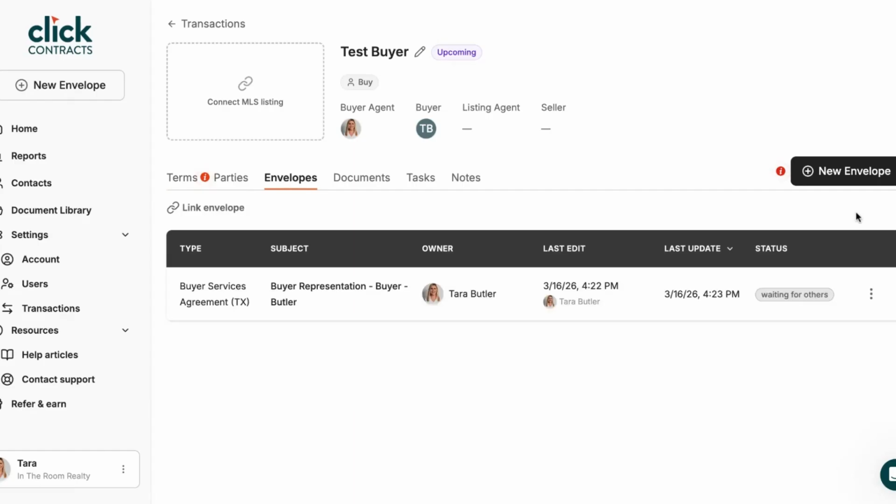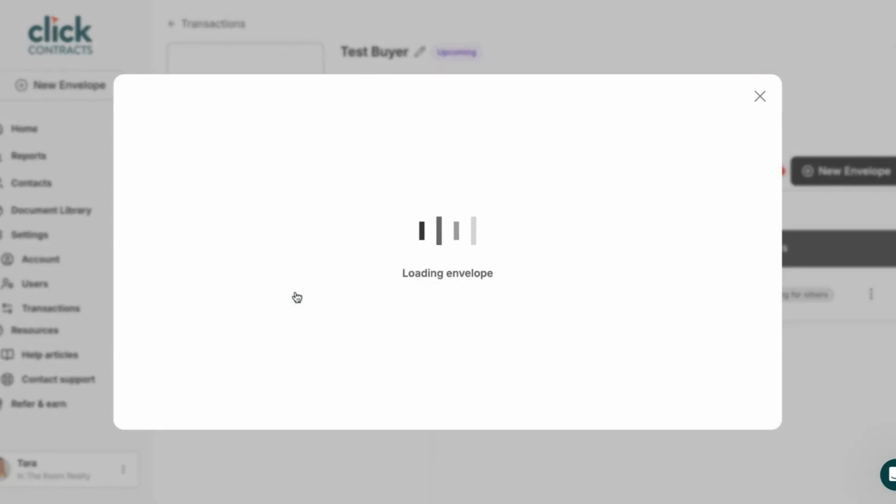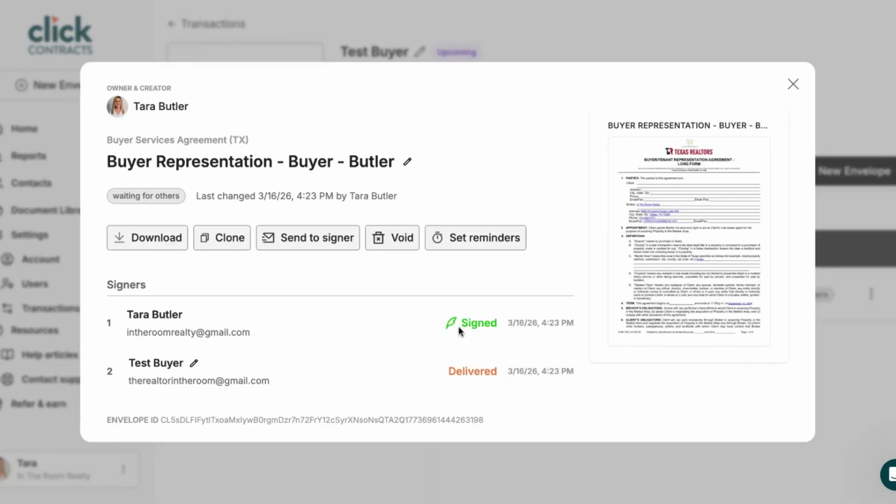envelopes, and you'll be able to see it right here. So it's going to show waiting for others, and then whenever you sign it yourself this time, and then moving forward, your buyer has signed, it will say complete right here. These 3 boxes are showing you that this envelope is linked to this transaction. And then if we open this up, this will show you that you have signed it yourself,